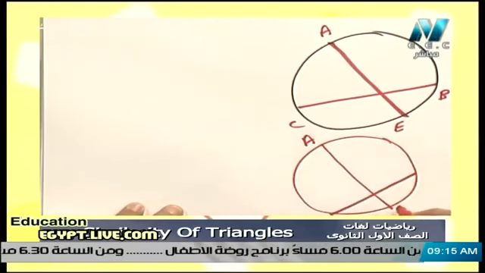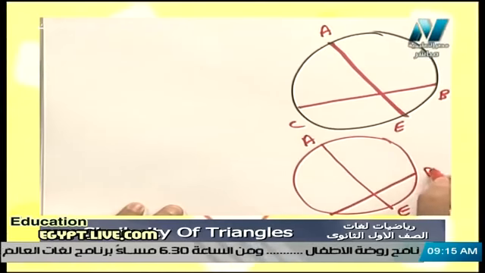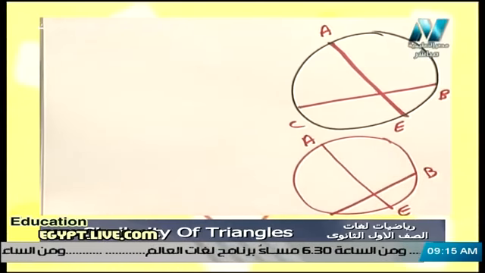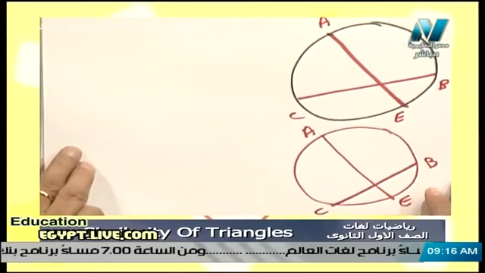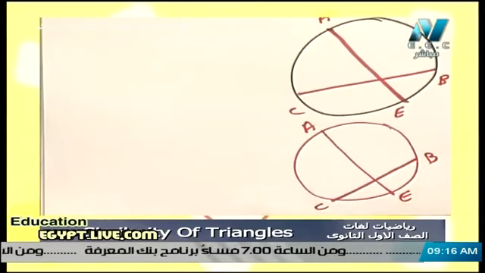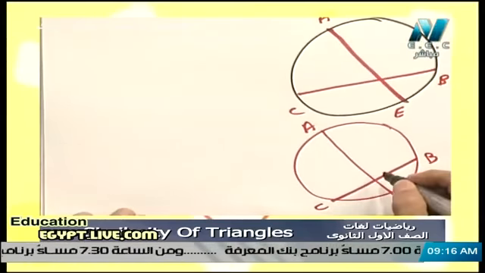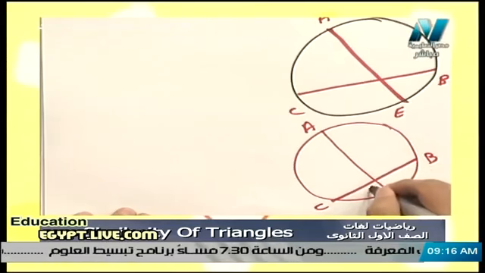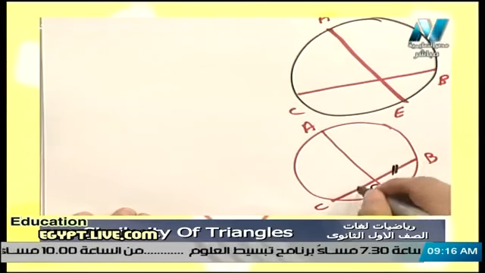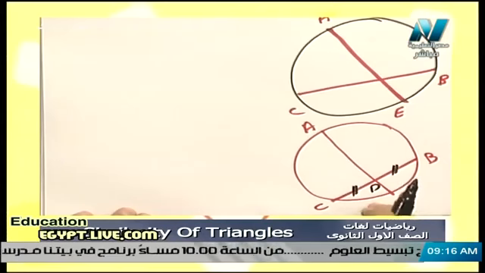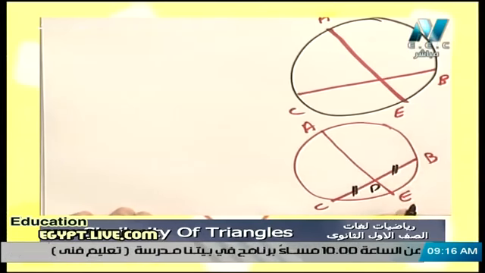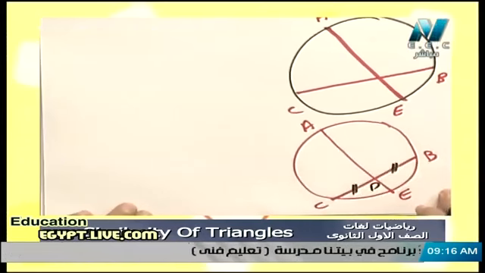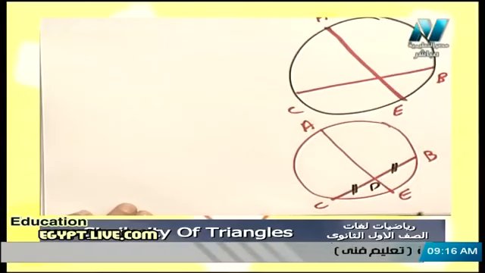That's AE, and this is BC. I prefer this drawing because we have here D bisects BC, so it's more logical than this one. Okay, if we have a circle and we draw AE and BC and D bisects BC here,